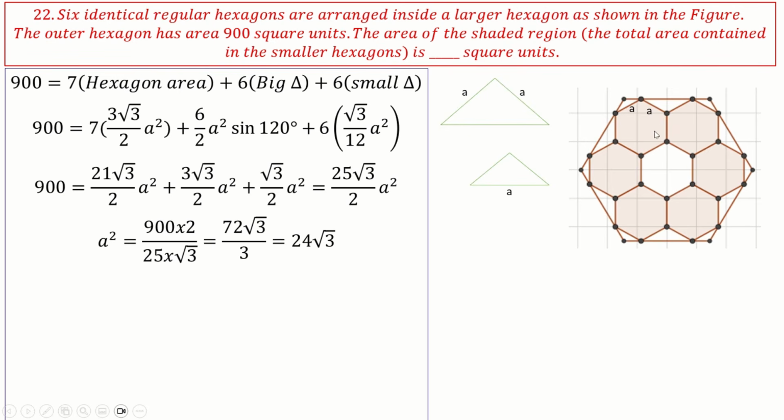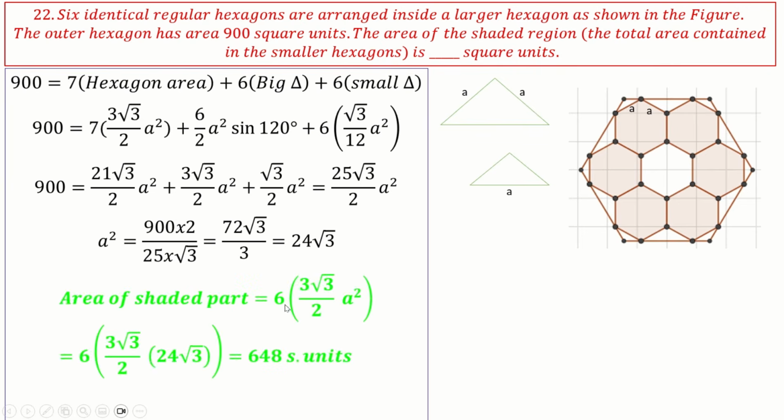Now all I need is 6 hexagon areas, which is 6 times this value, correct? So shaded area is nothing but 6 times 3 square root of 3 divided by 2 A square, and A square is 24 square root of 3. If I substitute, I get the answer 648 square units. This is the shaded area given in this. Okay, hope you understand. This is a simple problem. Looks complicated, but you break it down into smaller problems. Okay, it's very easy. Next,